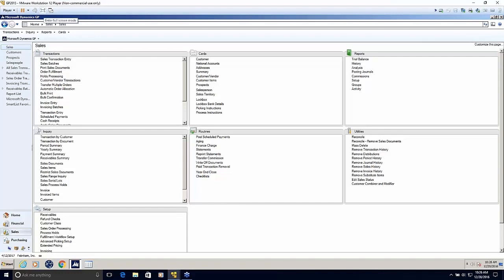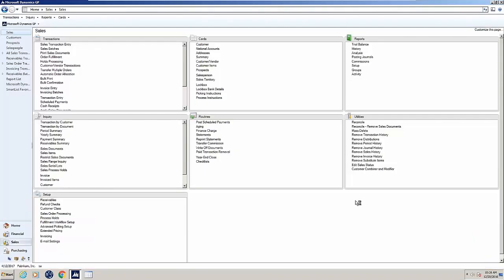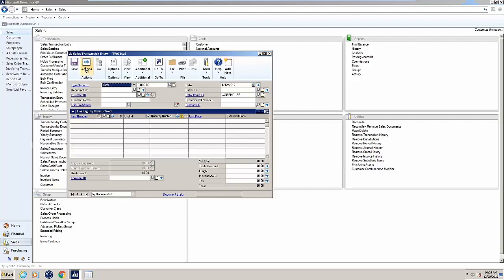And so I do appreciate that you may be on a different version of GP. We support actually all the way back to version 9, as well as the most current, Dynamics GP 26. So when we're, say, keying an order in, the reality is a lot of times we're interacting with something like